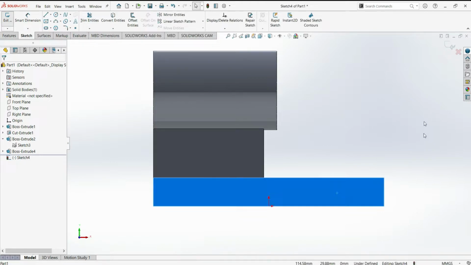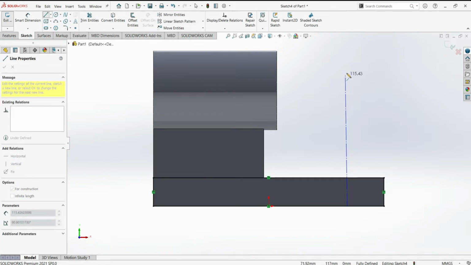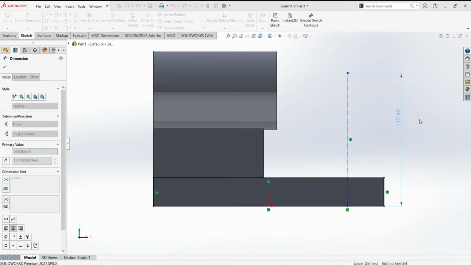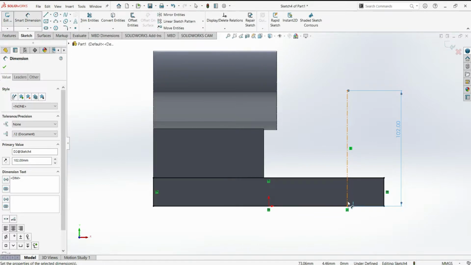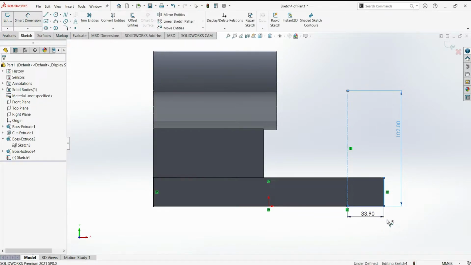This time I will select this face, convert entities, again select a center line, draw one vertical center line like this. Escape, smart dimension, this distance 102 mm and distance from this line it is 35 mm.